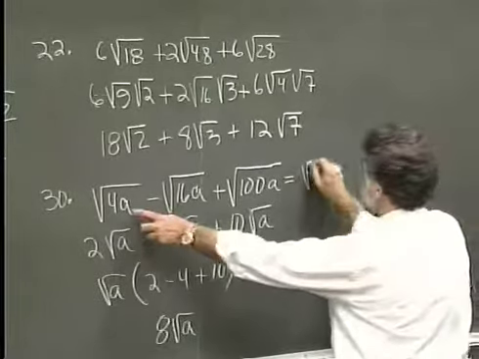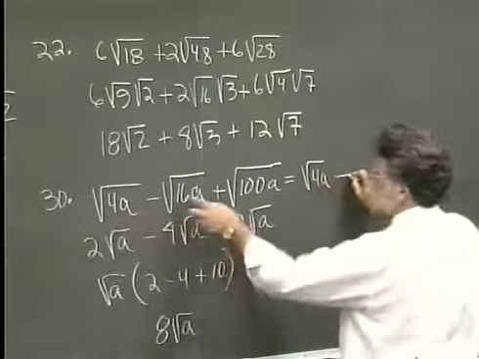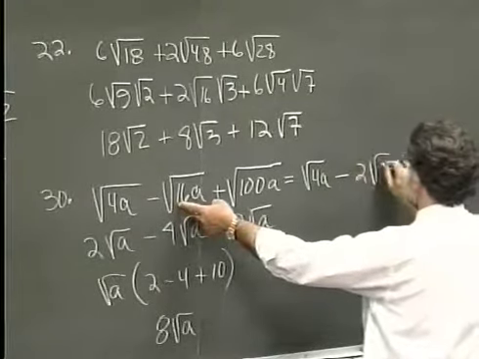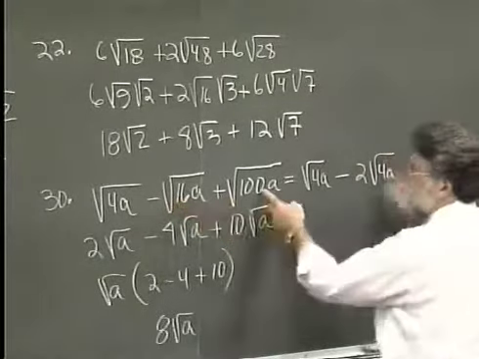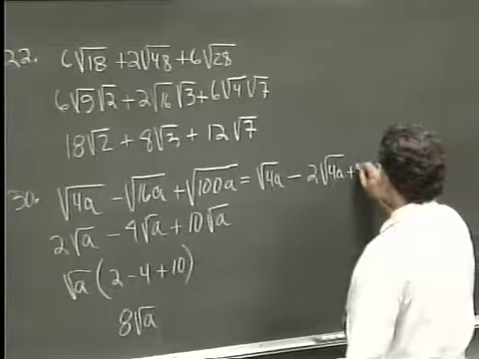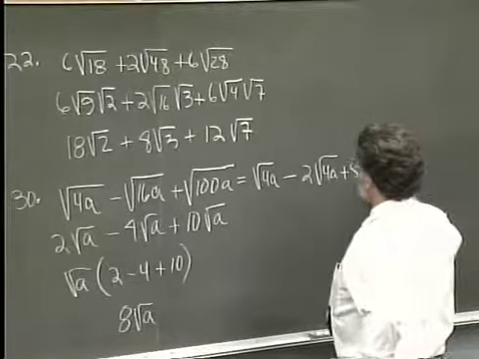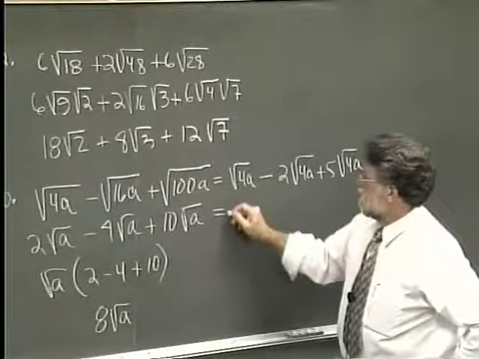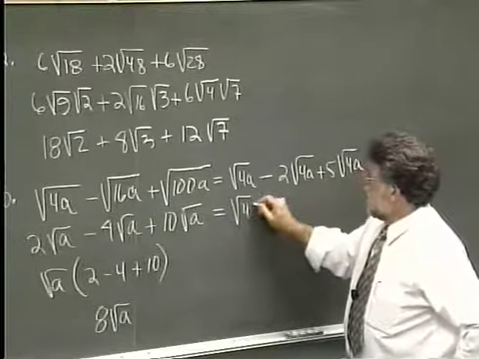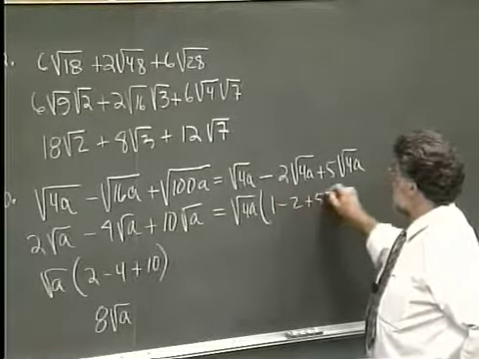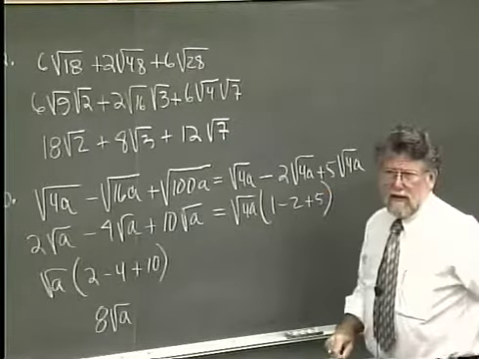I could have looked at this and said I have the square root of 4a, and then I can take a 4 out of there, which is the square root of 4, which is 2 in the square root of 4a. And then I had 25 times 4, so 25 is 5. So 5 the square root of 4a. So that would have been the square root of 4a times 1 minus 2 plus 5, which is